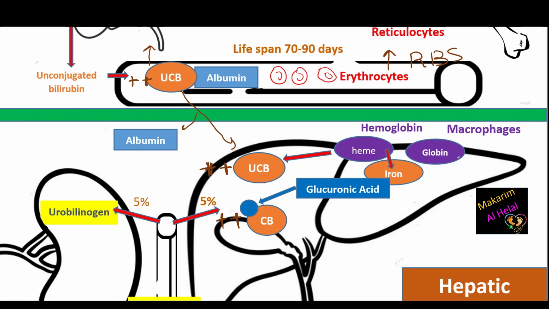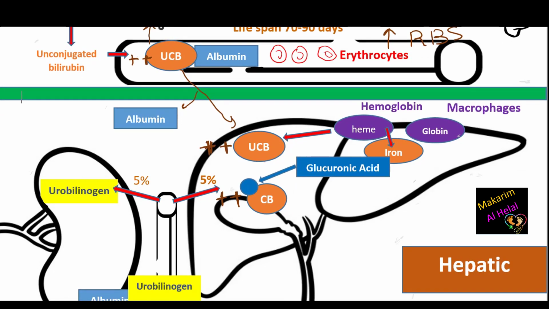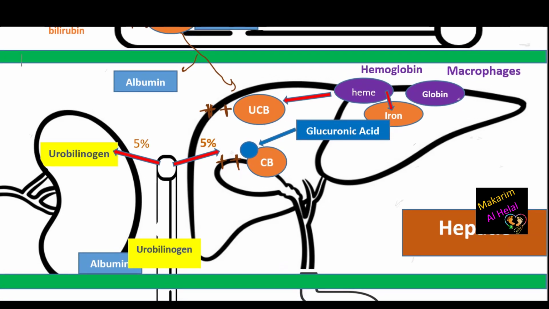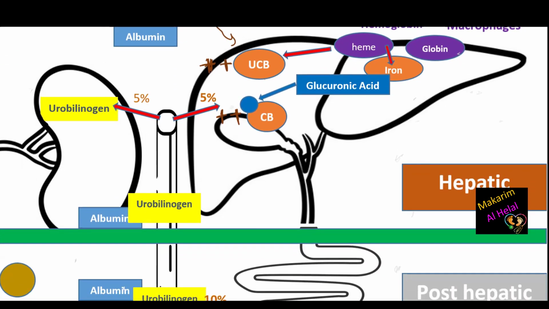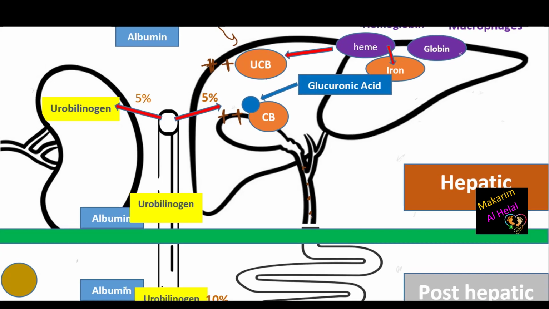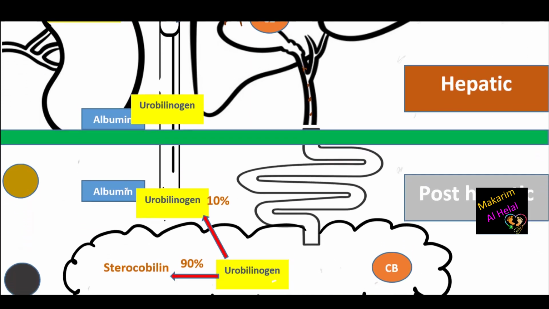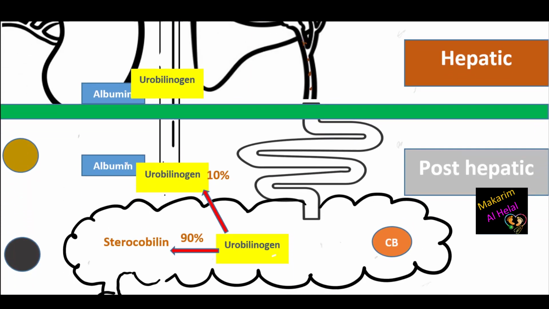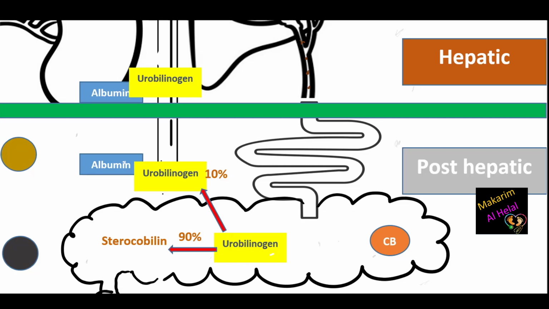I note conjugated bilirubin as high here because all the unconjugated bilirubin is converted to it. This conjugated bilirubin is water soluble and is excreted from the liver to the small intestine through the common bile duct. It transfers through the small intestine to reach the lower segment of the small intestine and the first part of the large intestine. Conjugated bilirubin here, which I noted as 2 plus, is more converted to urobilinogen